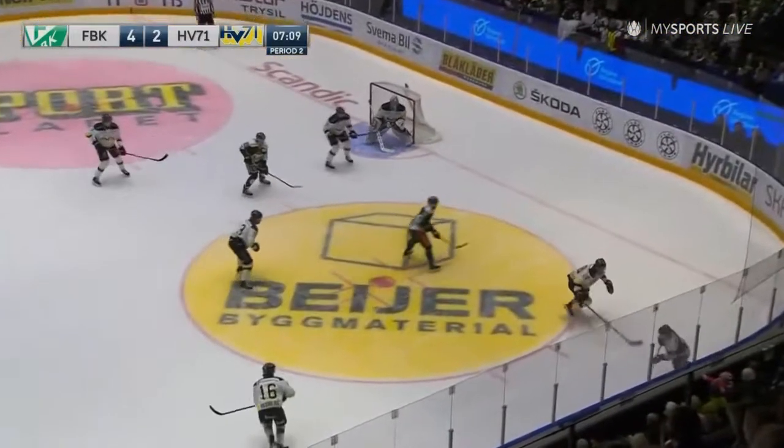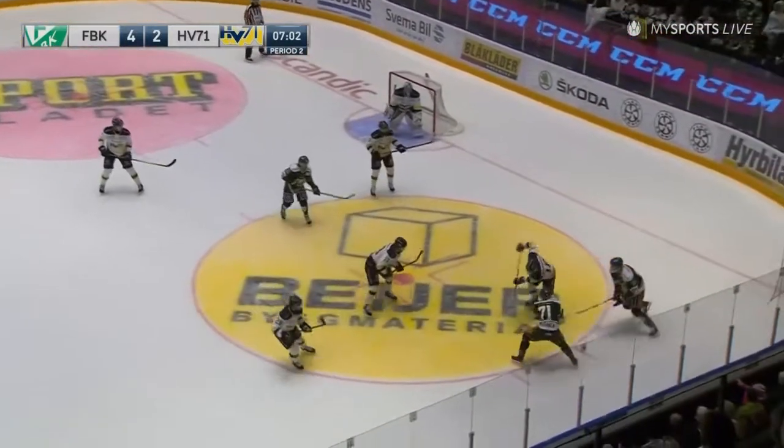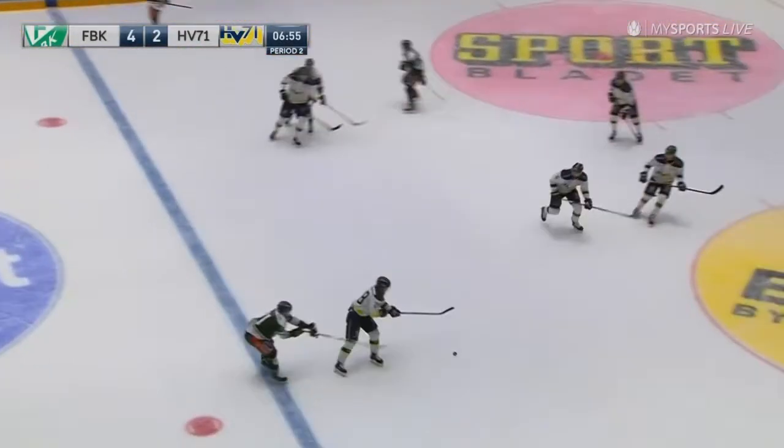Rhino sending this one to Nielsen. Nielsen back to Rhino. Rhino lets the shot go. That one hits a stick, doesn't find its way through. Rhino with possession of the puck, centering out front for Nygaard, taken back by Edgel, however, as this one's sent to the line, but not out, as that one is held